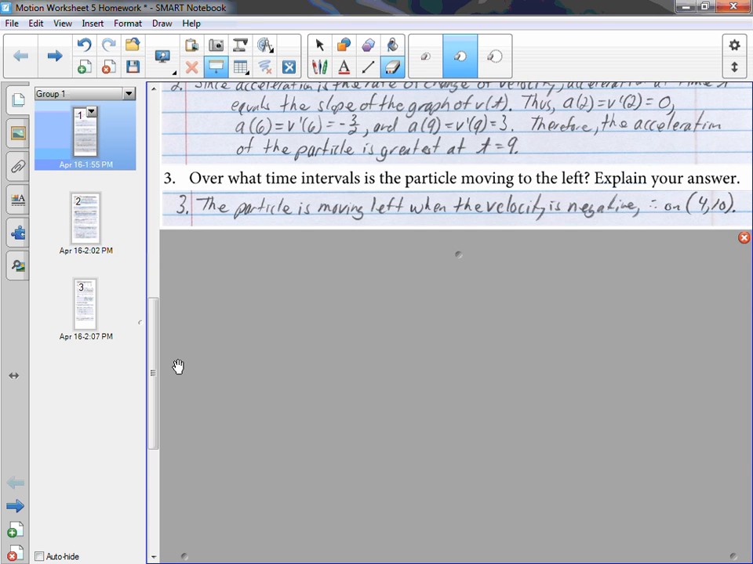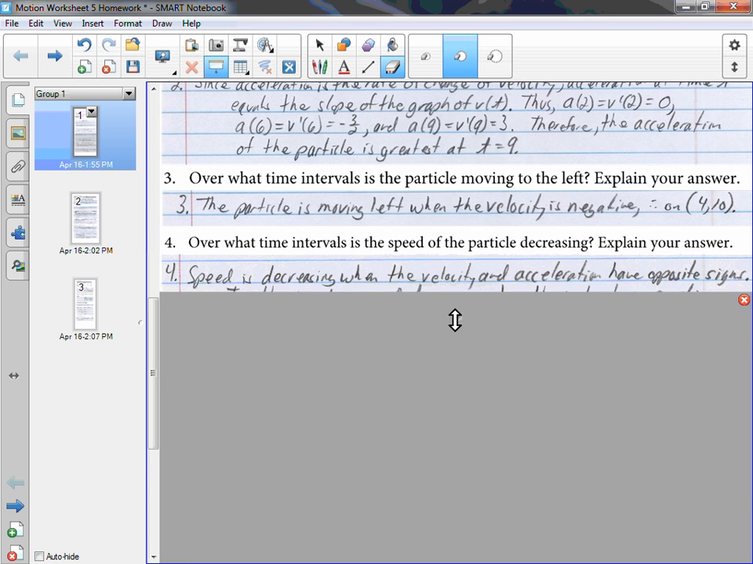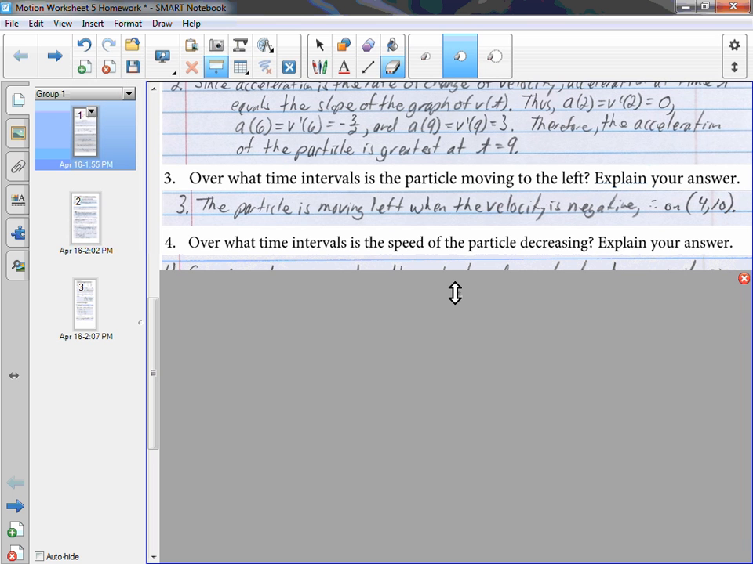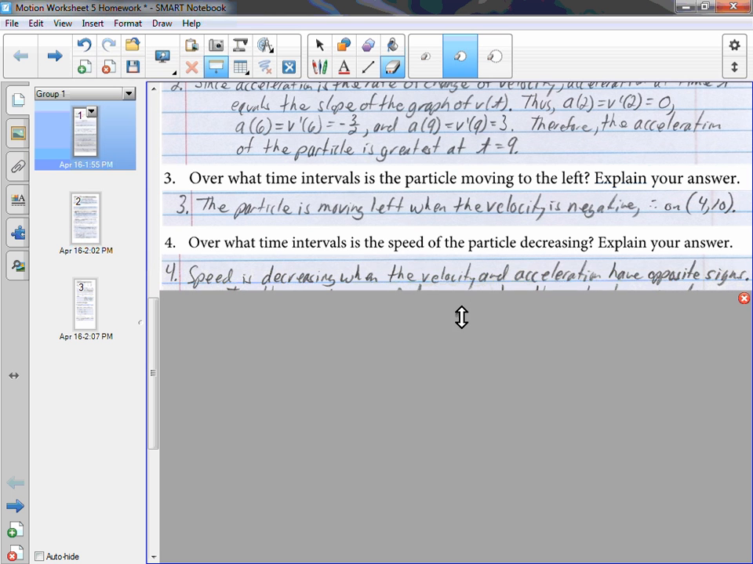All right, number 4. Over what time intervals is the speed of the particle decreasing? All right, think back to our conclusion to situation 4. If the speed is decreasing, what do we know about the signs of velocity and acceleration? They're opposites, okay? So I'm starting off my explanation, and you notice that I do this sometimes where I'll explain